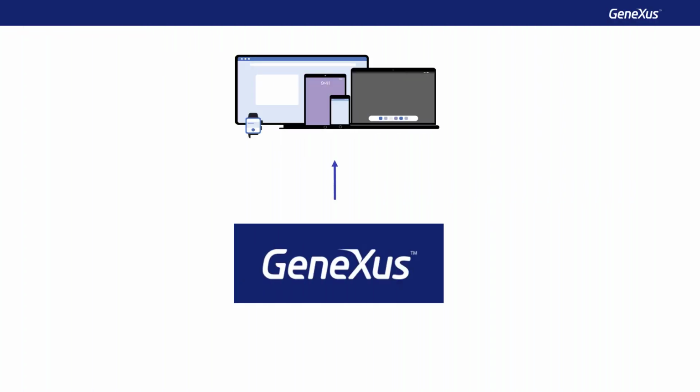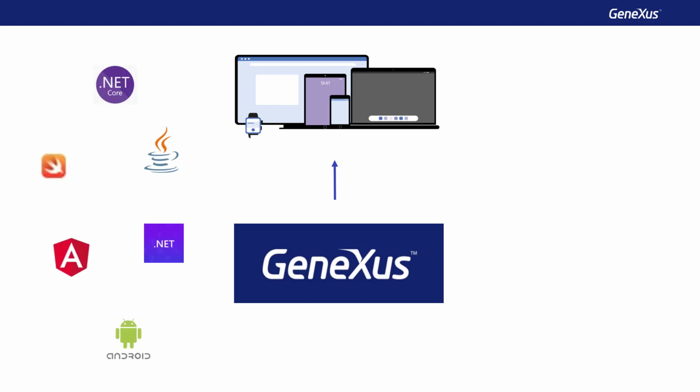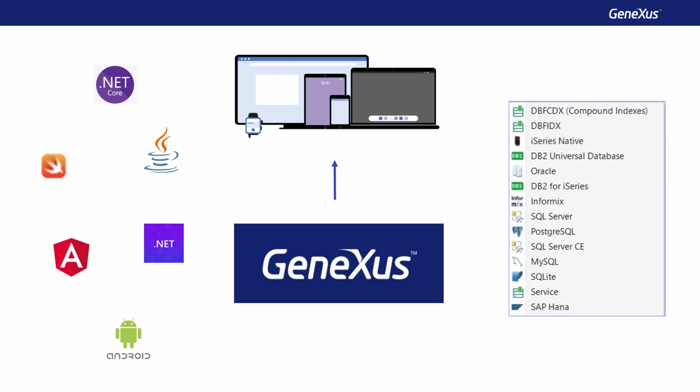As we already know, one of the great benefits of Genexus is that it allows you to generate applications for different platforms, with a web interface or for mobile devices, generating code in different programming languages, or storing the application data in different databases. All this information is defined in an environment, an execution environment. Remember that Genexus has a full version and a trial version with certain limitations, among which are the programming languages and databases available.